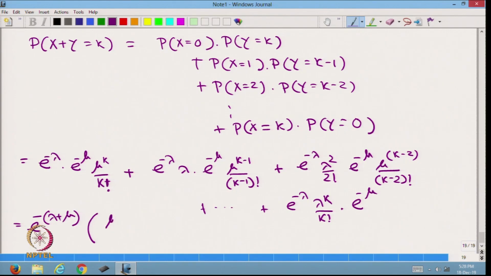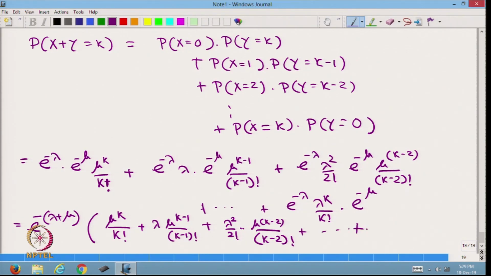multiplied by mu to the power k upon factorial k plus lambda mu to the power k minus 1 upon k minus 1 factorial plus lambda square upon factorial 2 multiplied by mu to the power k minus 2 upon factorial k minus 2, up to lambda to the power k upon factorial k. Now,